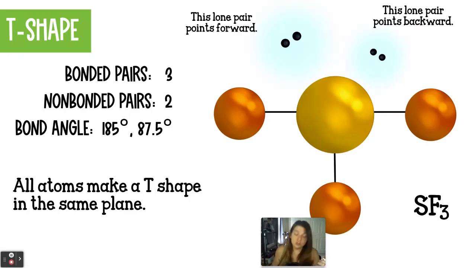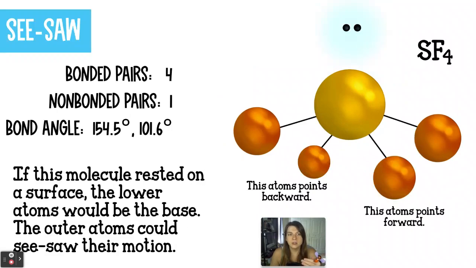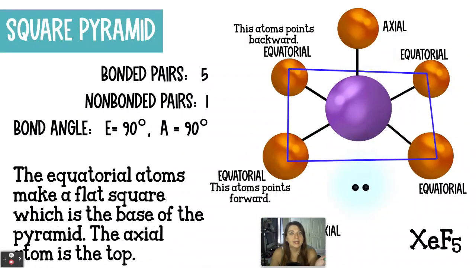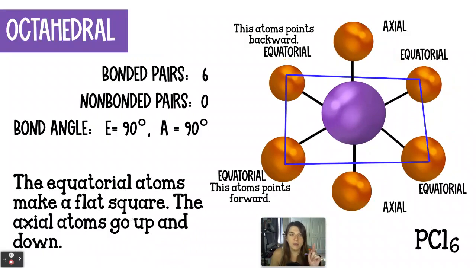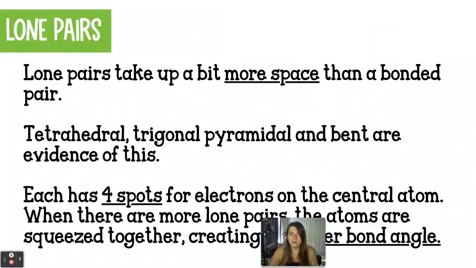That's it. Some teachers will have you memorize the shapes. If that is true, I would confer with your teacher on which ones they expect you to know and memorize. For me and my students, it is not T-shape, not seesaw, not square planar, not even square pyramid, but everything from the start of the lesson to octahedral would be the ones I would expect my students to know. So confer with your teacher because different teachers, depending on what level of chemistry you're doing, will have you learn different shapes. And then a lot of it comes down to just identifying how many pairs on the central atom are bonding and how many of them are not bonding and are hanging out like lone pairs,